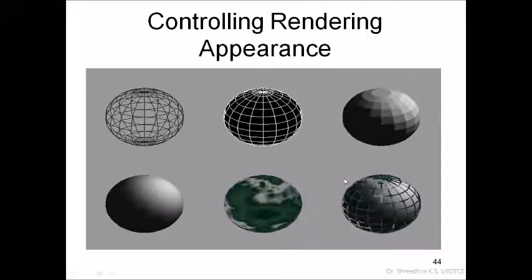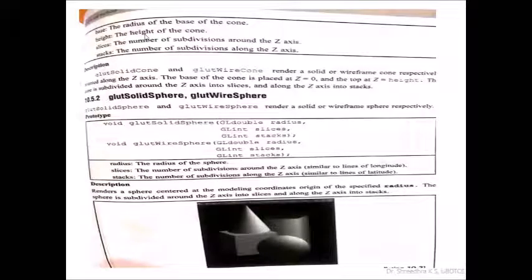You are creating this thing in your program. With respect to sphere, you... with respect to cone, you require radius, height, and the number of subdivisions around and along the z-axis. So this is the picture which looks along this horizontal and vertical. The same thing is required here for the sphere: radius, slices and stacks. So I think you can understand these parameters support and make the 3D picture ready.